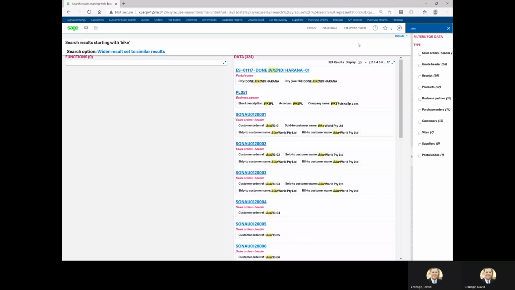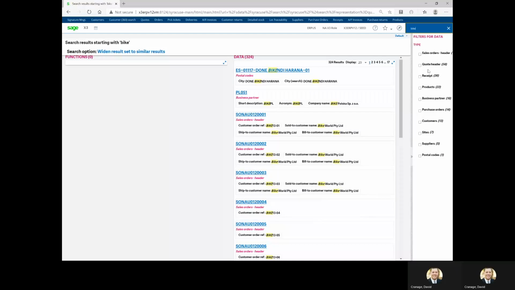Google and Bing, Google search engine and Bing and other search engines that we use on our daily activities at home, on our iPhones or Android phones, whatever, there's been a desire to have a tool that within the ERP gives us the ability to search. So I might hop on Google on my iPhone and look for a restaurant or some product that I might be interested in. Well, I can do a similar thing here within X3,